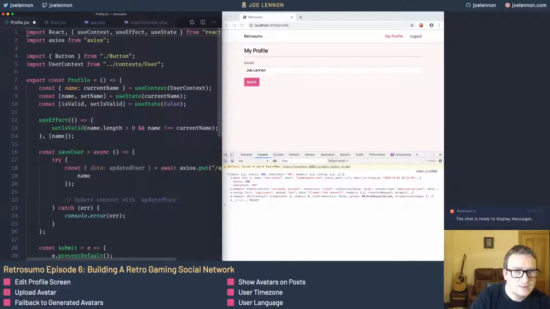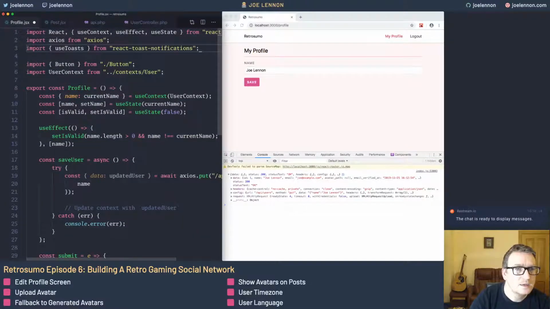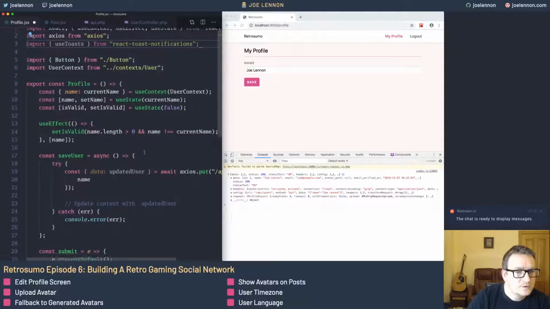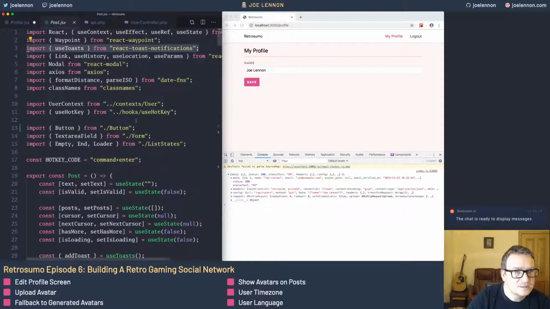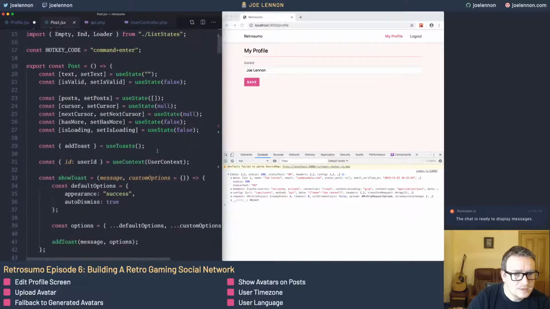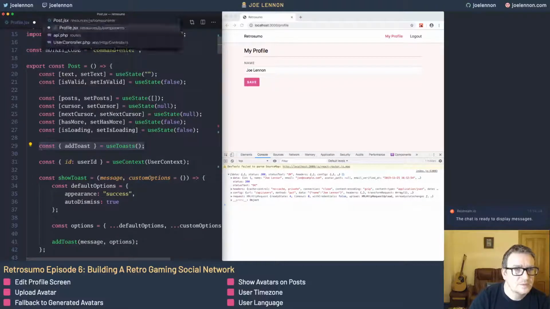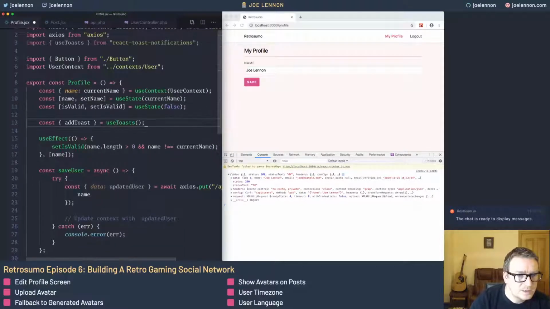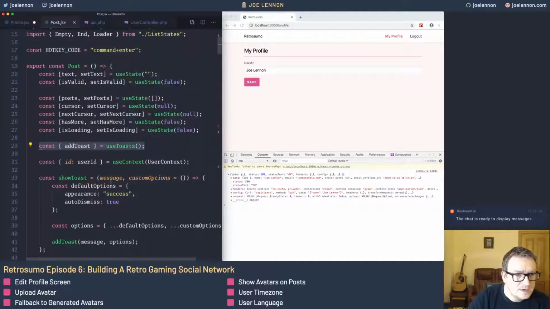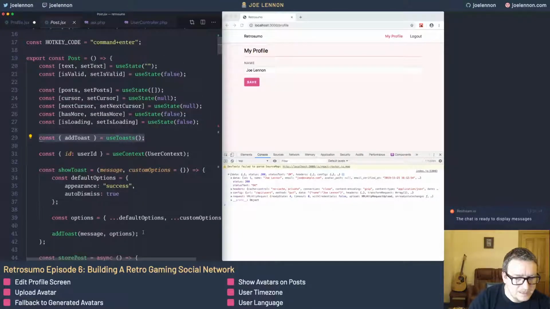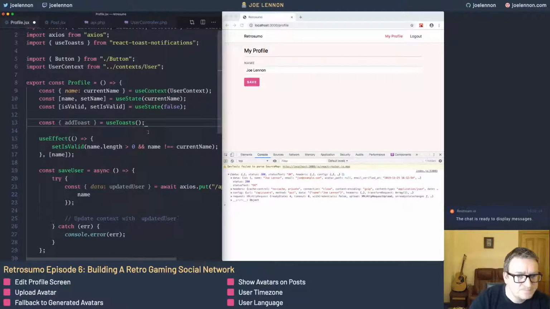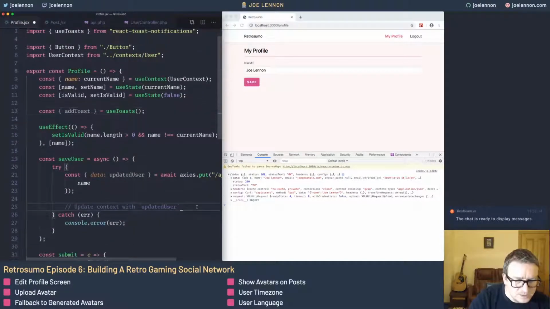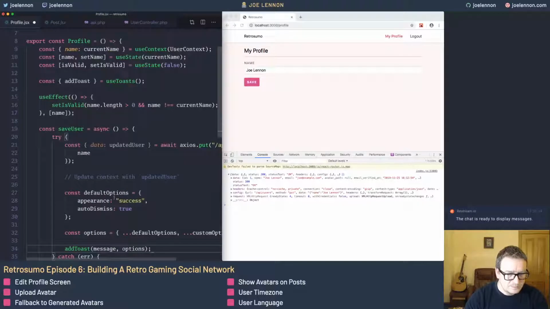So if I cancel that, bring that back, and import use toasts, and let's see, how else were we bringing that in? So toast comes in here like this, bring it down here, and for now, I'm just going to basically call add toast with some options on it. So in here, we'll update the context, and then we'll basically do this. So we'll say message